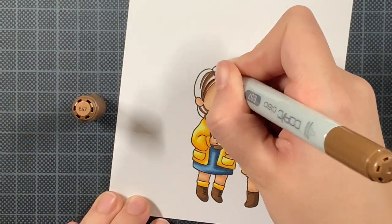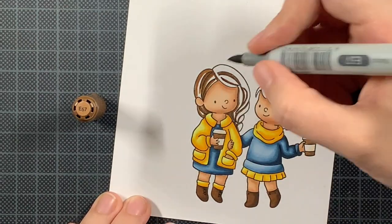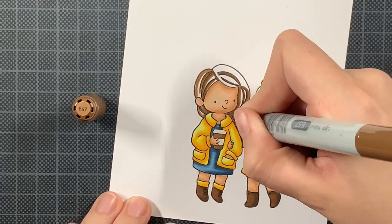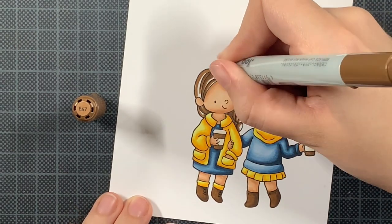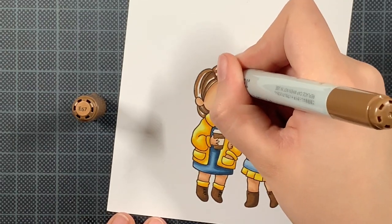And then the blonde one is going to be E55, E53, E51, and if I need a lighter color, I use E50. So that's currently always the combinations that I'm using. Well, if you like a combination, why change it up? Sometimes we need to, but I mean...